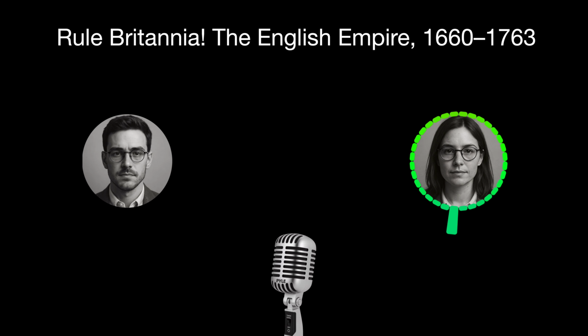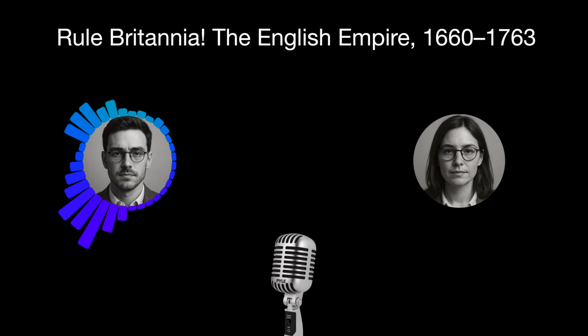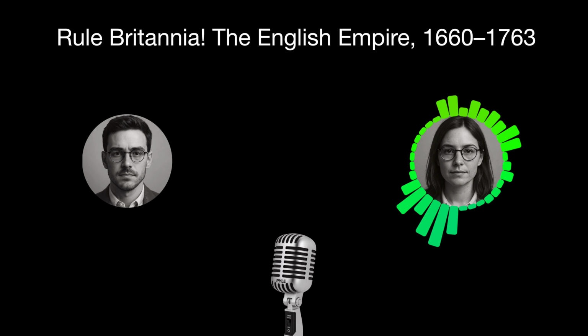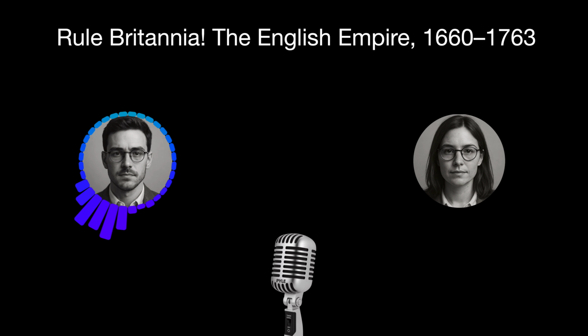Always. This massive victory came with a massive war debt for Britain. Huge debt. And the efforts by Parliament in the 1760s and 70s to pay down that debt and manage this vast new empire involved new taxes and regulations on the colonies. Imperial reforms that would cause major friction. The very success that brought them together started to create the stresses that would eventually tear them apart.